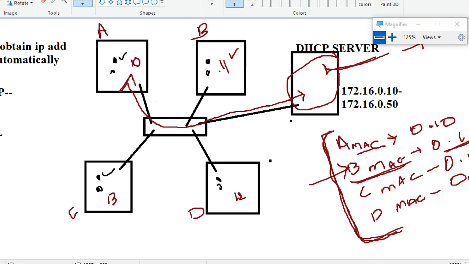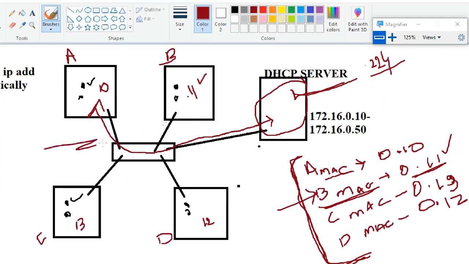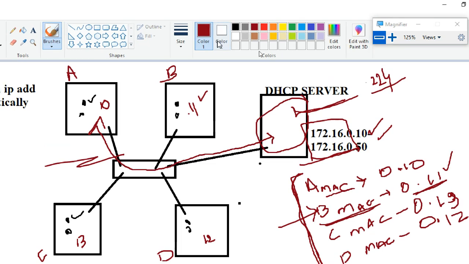Sometimes it will clear the cache, and with no binding you will get a different IP. But one important thing is the sequence. This network won't change. Whatever sequence we have given, starting from 10 or starting from 100, it will assign like that only.